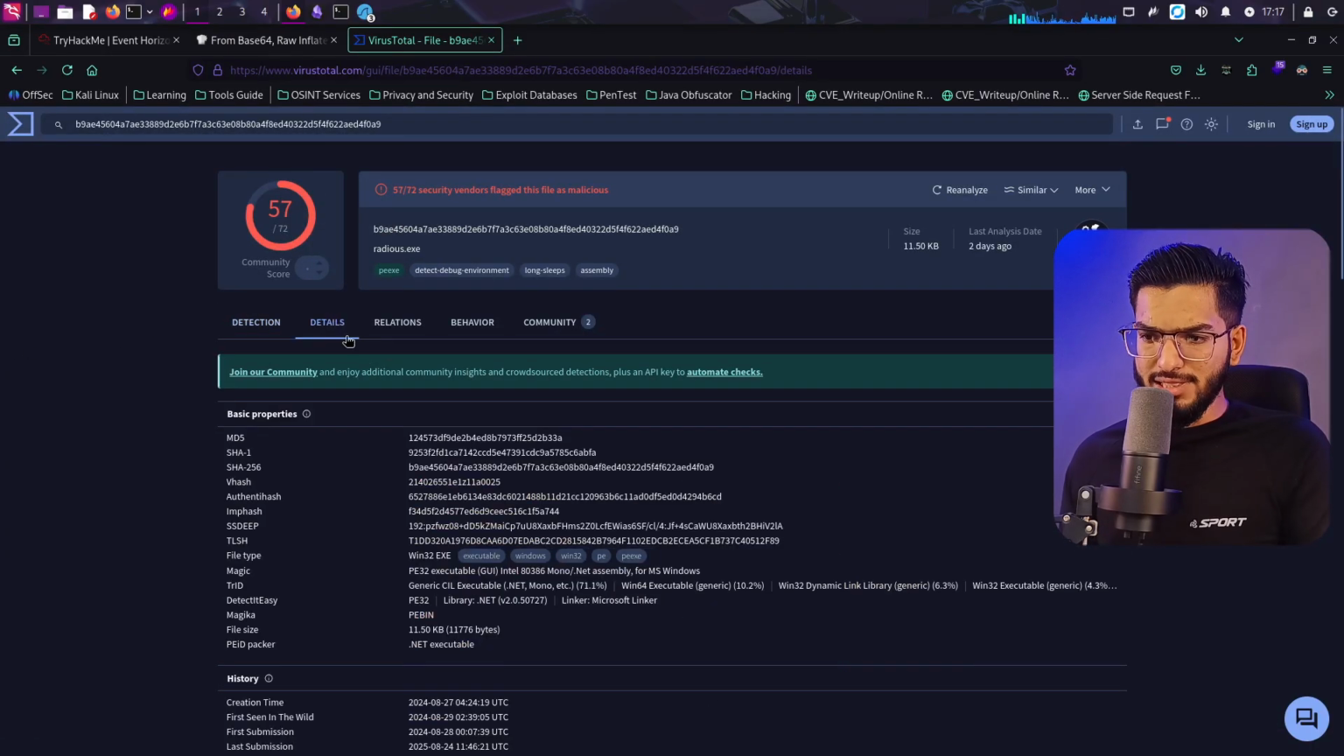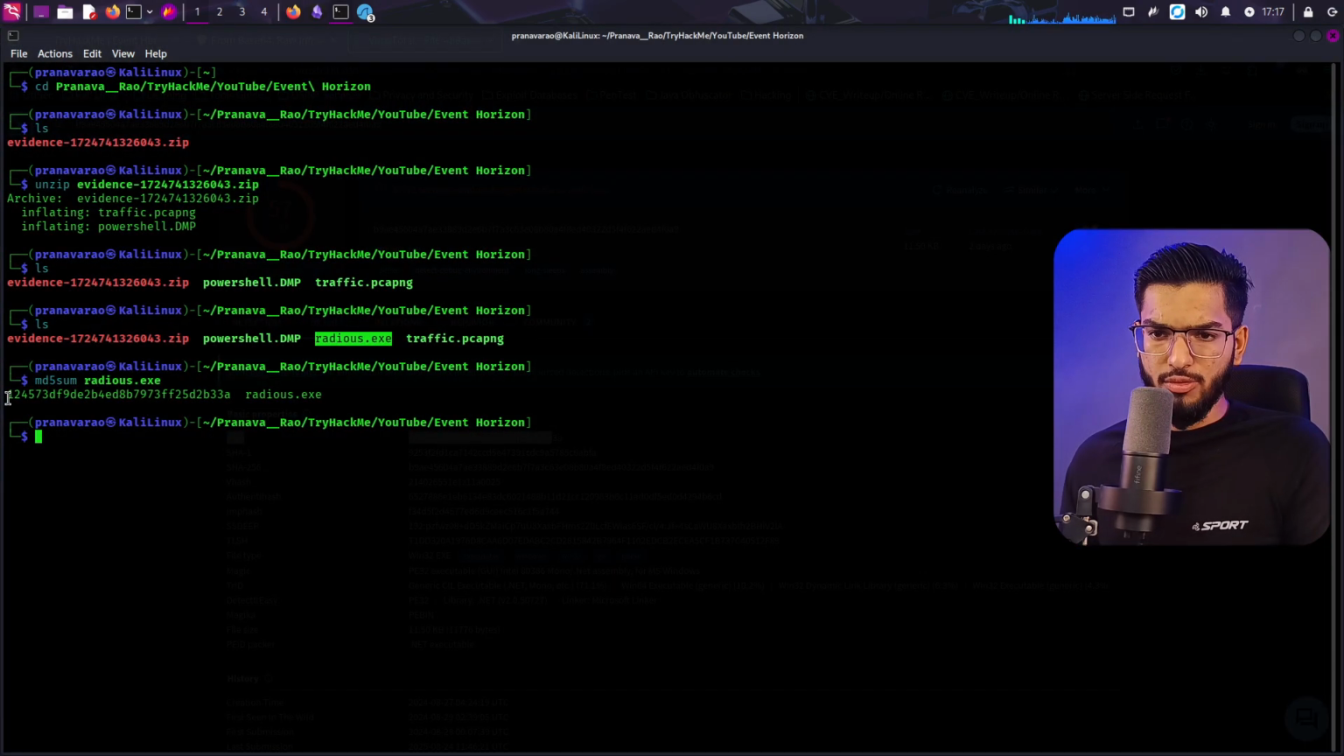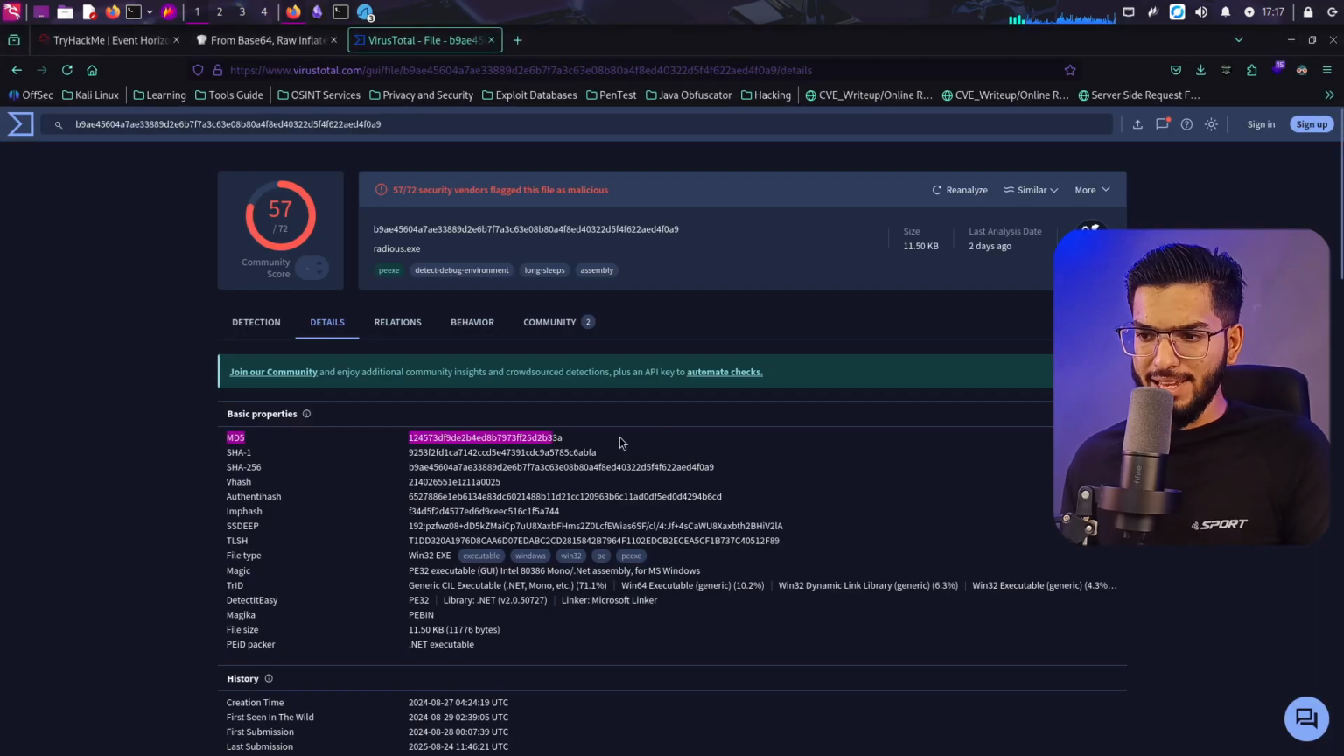But going to the details section, we see the MD5 and all the signatures. This is the same MD5 signature of it. If you compare it, it's the same signature. So we could have just copy pasted the MD5 hash also here. We see it's a Windows executable file, and it's .NET executable content. It also has .NET libraries in it. So that's what they say,